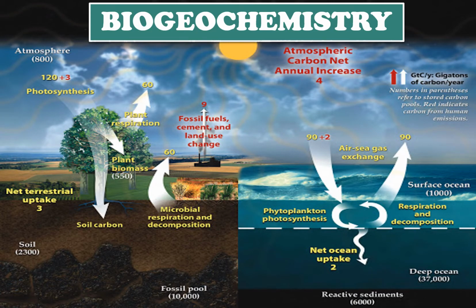Then we have biogeochemistry. So biogeochemistry consists of 6 major elements. We have hydrogen, carbon, nitrogen, sulfur, and phosphorus, which regulate the cycles on the earth. Okay, so if there is a disturbance, or if there is something wrong with the chemicals, then the growth of plants and animals that thrive on or need it will also have a problem.